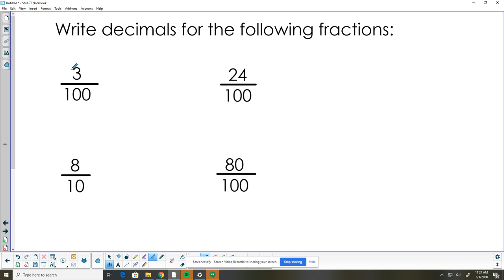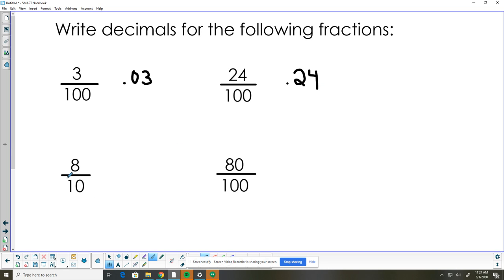If I'm given the fraction and I need to write it as a decimal, this says I have 3 hundredths. As a decimal, I have 0.03. I have no tenths. If I colored it in, I have no full rows. I would just have 3 hundredths. I have 24 hundredths. As a decimal,